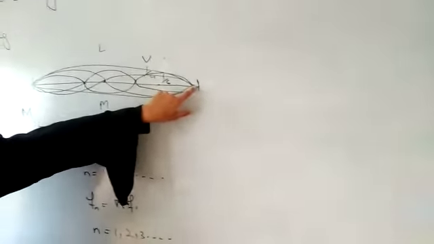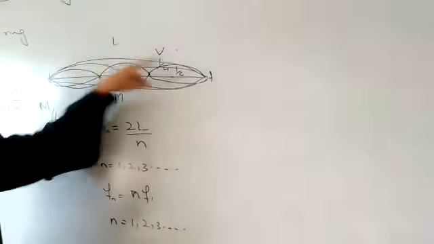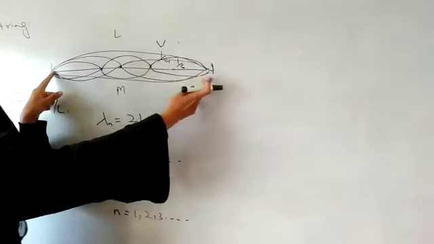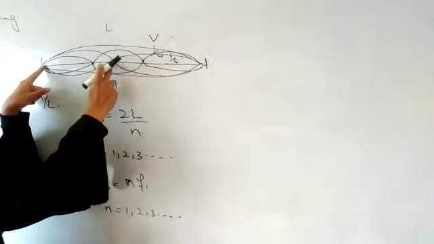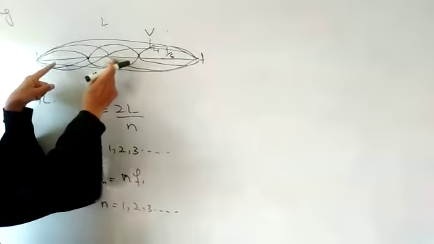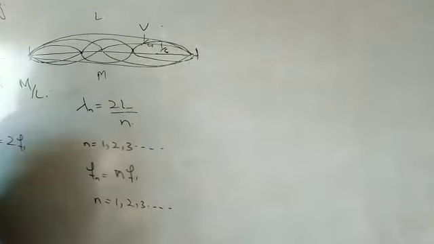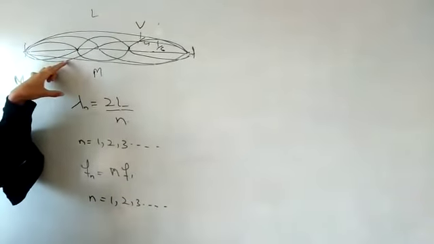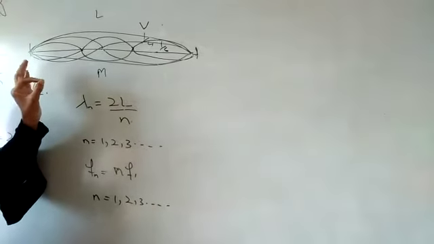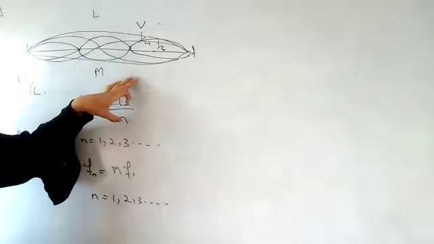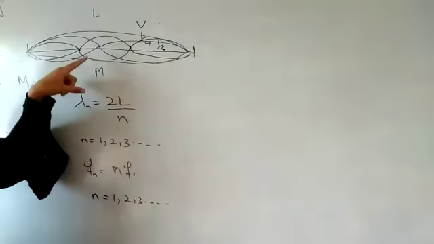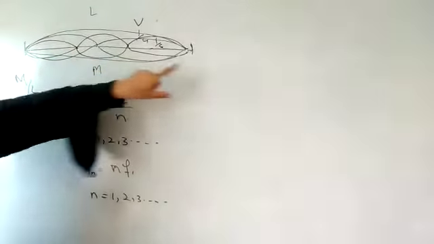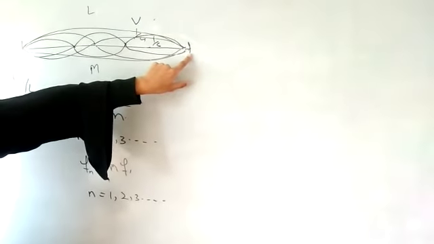It means that the distance between two nodes, either it vibrates in one segment, which is just the formation of one loop, or it vibrates in 2 segments, or in 3 segments, or any number of segments. So we conclude that a string always vibrates in a complete segment. Complete segment means there is formation of loops, and this is only possible when we take the string which is fixed between 2 ends.